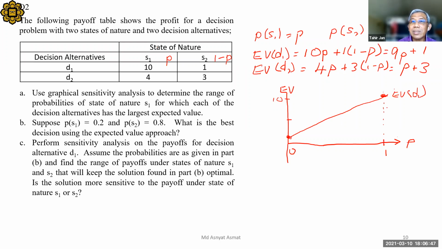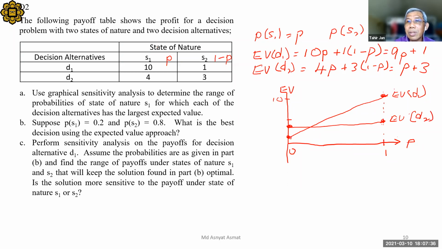Can we do the second one? If P is 0, the value is 3, somewhere here, more or less there. Then if P is 1, it is 4, also somewhere here. Just estimate. Now just plot the line. Let me write the expected value for